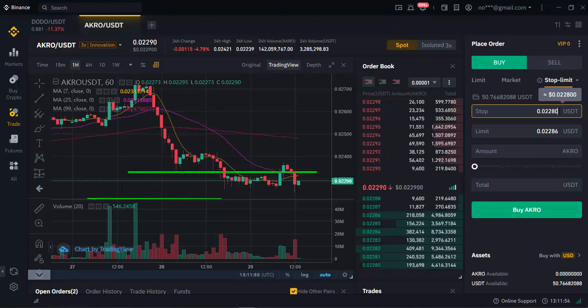Here we have just a 6-digit difference, and this is 0.02280 and then 0.02286. As you can see, this is going to be lower than the limit price, in which if this is